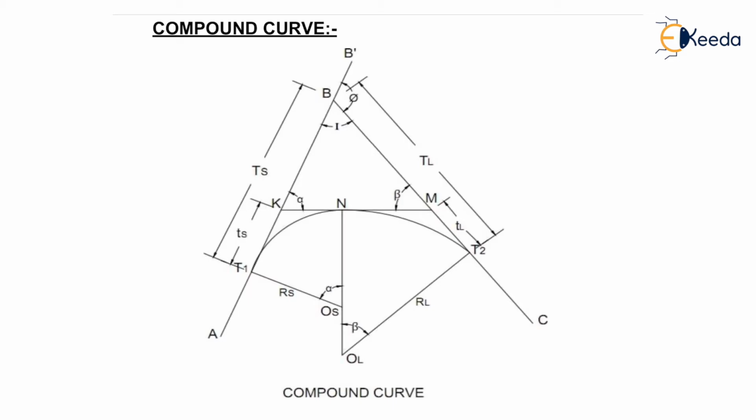With the vernier set to phi/2 behind 0, that is 360 minus phi/2, take a backsight to T1 and plunge the telescope, which is thus directed along T1N. So we will be looking along T1N now. Then swing the telescope to the angle equal to phi/2. Then set the vernier to the first deflection angle, delta 1, as calculated for the second arc, and repeat the process until the end of the second arc, that is T2, is reached.